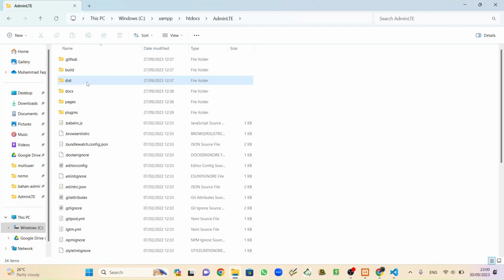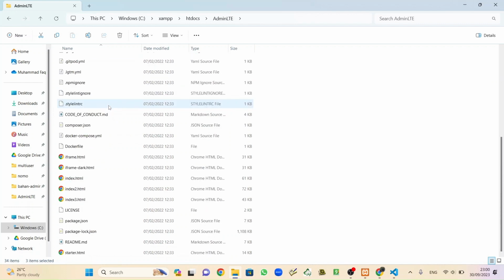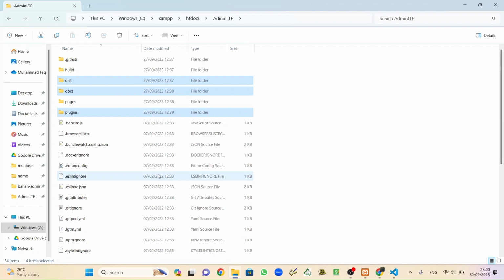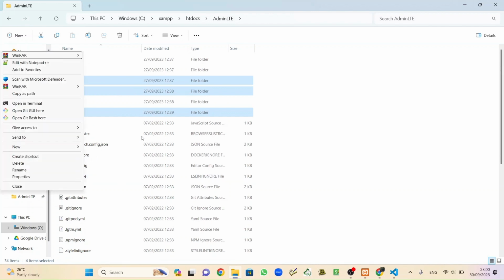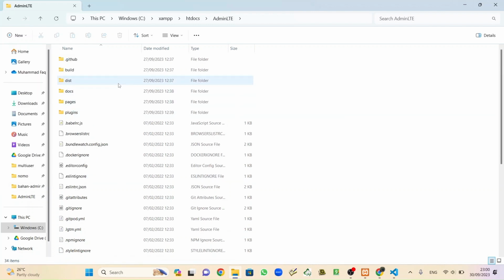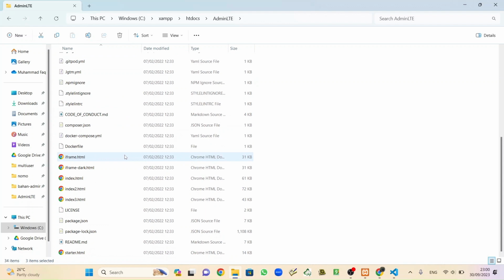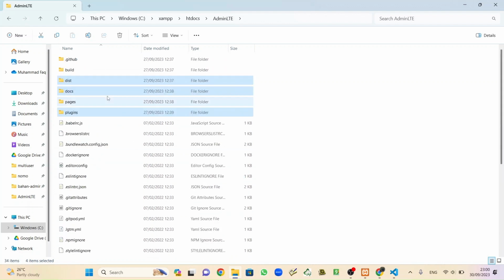The first one is build, and the second one docs, and also plugins, and then index. Okay, the first one is docs, plugins, and index, and also build.